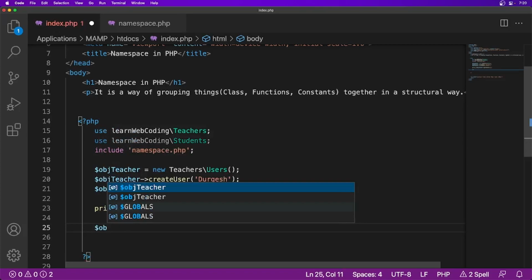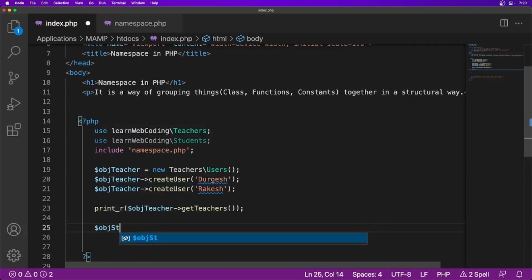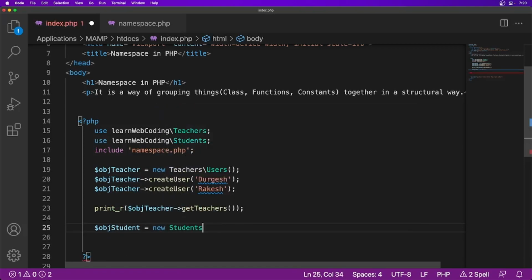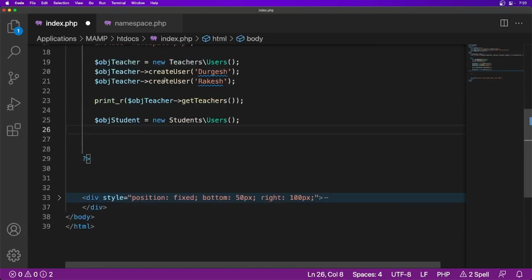So here I'm going to say object of students, a student equal to new, then students, and after that we have users, and let's call the same methods on student object.